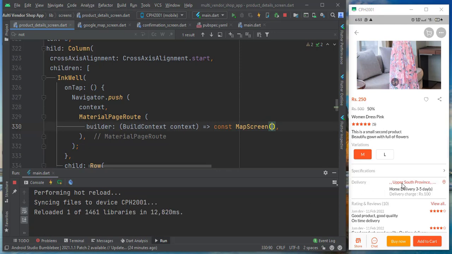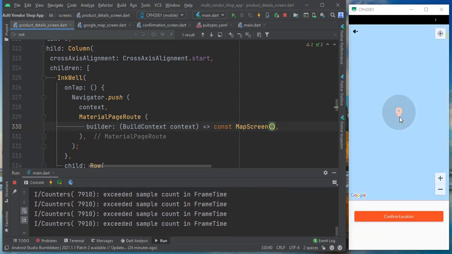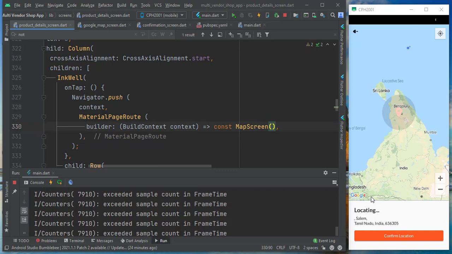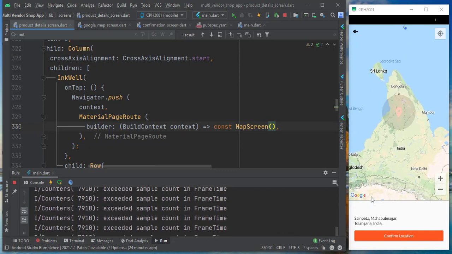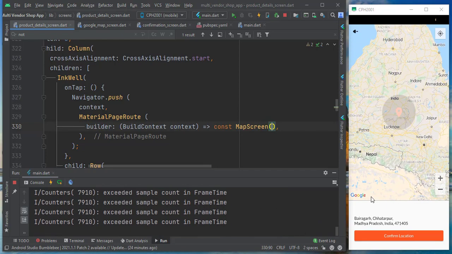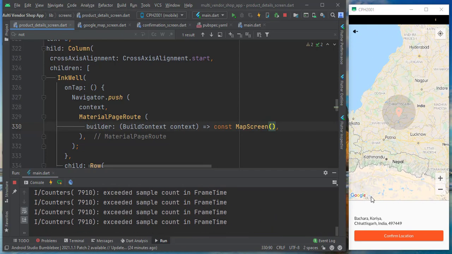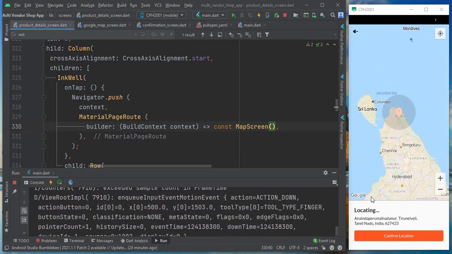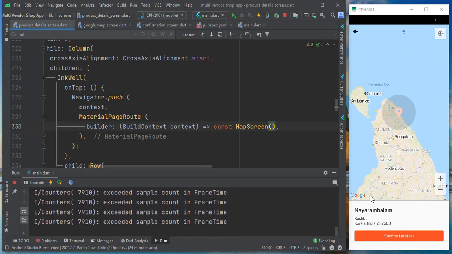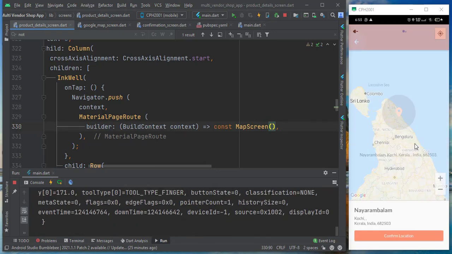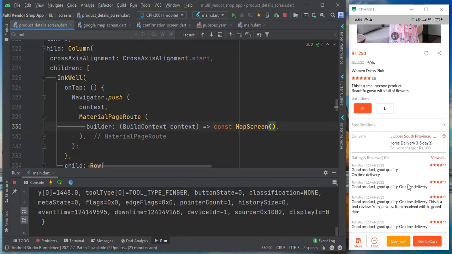Okay, now when you press this one, it's directly going to map screen. There you can change your location. Okay, I selected somewhere. Why is the locality not showing? Yeah. Then I press confirm location. Okay. So now I go back and